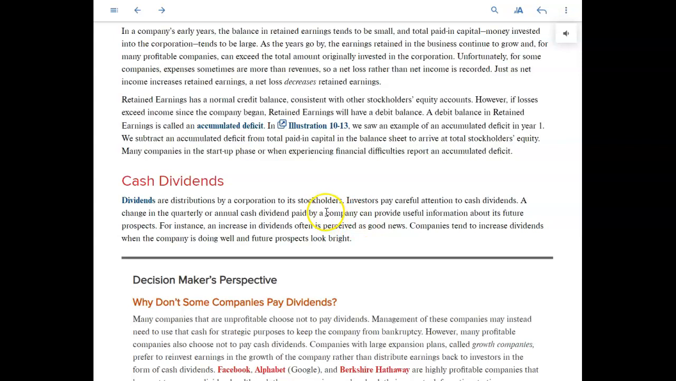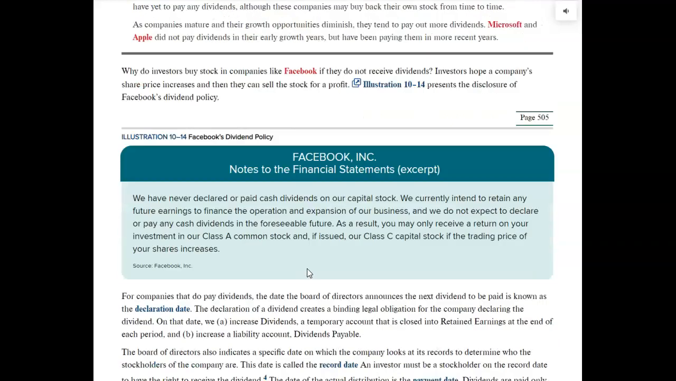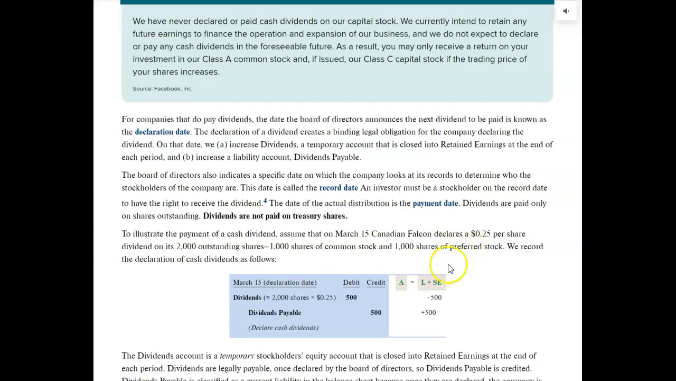And dividends, cash dividends. Okay, so when a corporation is able to, then it declares and pays a cash dividend. So let's look at some entries down here. The example here is if the corporation has 2,000 shares of common stock outstanding,